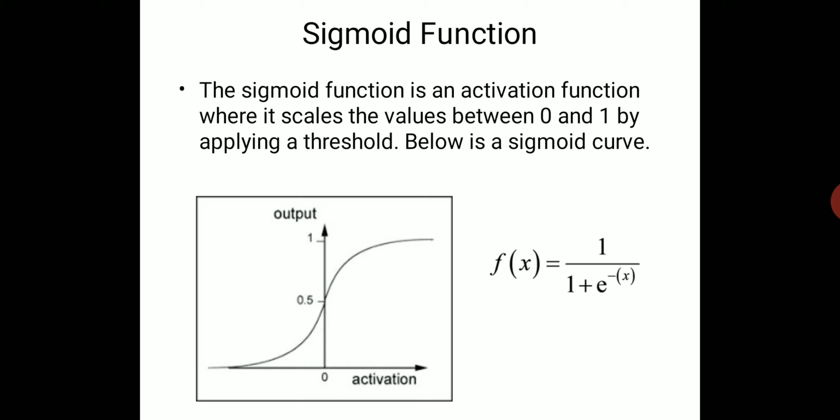Now another is non-linear activation functions. The first example of the non-linear activation function is the sigmoid function. In sigmoid function we get a curve. This curve basically lies between 0 and 1, means no negative value is found in this threshold. You can see the function f(x) = 1 / (1 + e^(-x)). In the diagram we only gain a positive value from 0 to 1. It will curve like an S.